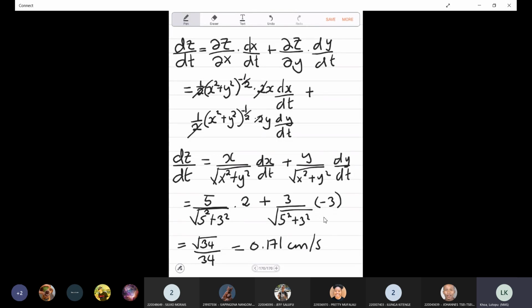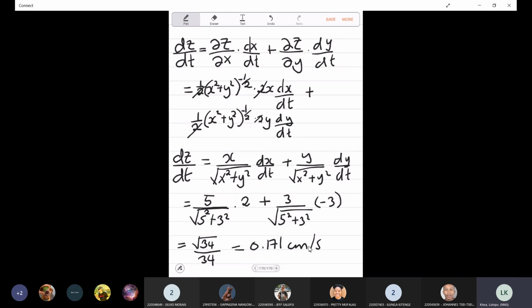So that tells us when you have a right angle triangle where the x value is increasing at 2 centimeters per second and the y value is decreasing at 3 centimeters per second, when you get to the point where x length is 5 and the y length is 3, then at that point the rate at which the hypotenuse is increasing is